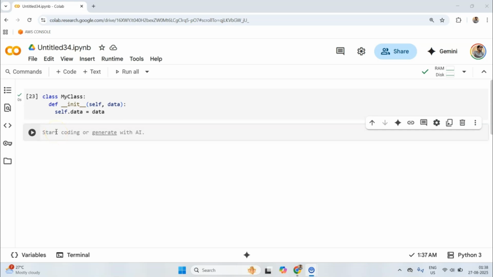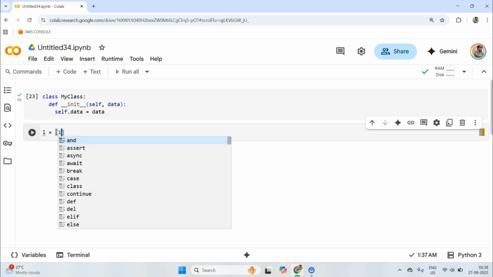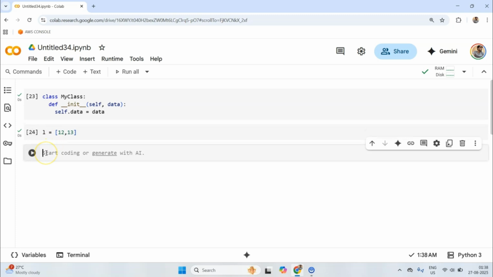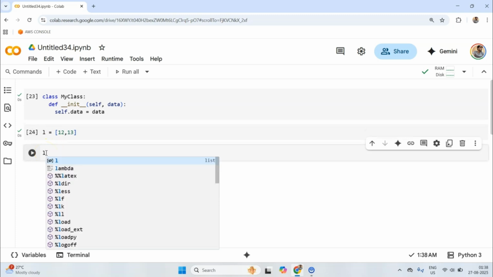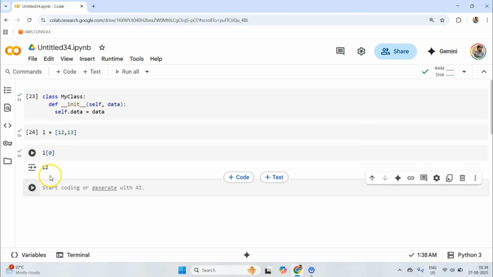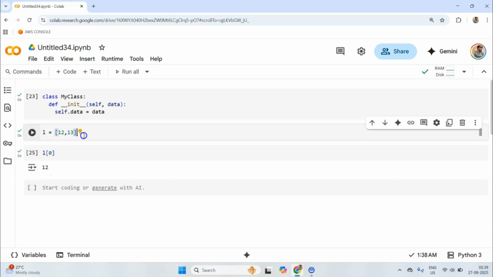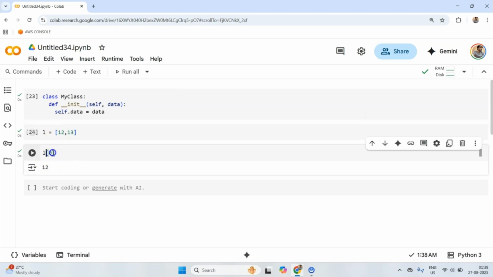Have you ever wondered why some objects in Python are subscriptable while others are not? Let me give you one example. If I create a list called L like this, and this L is now an object of type list, and if I do something like this, I should be able to access the elements of this object. So this L is an object, and by using this type of syntax, I'm able to access internal elements of this list.